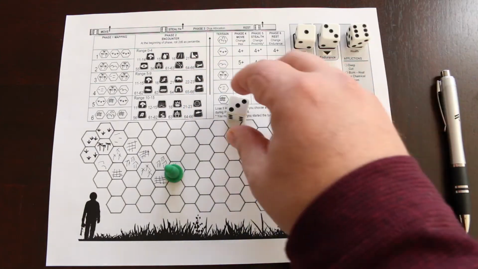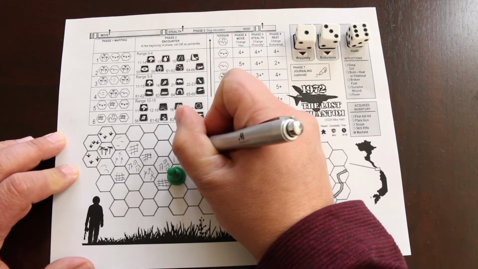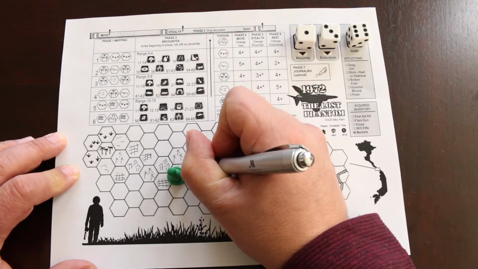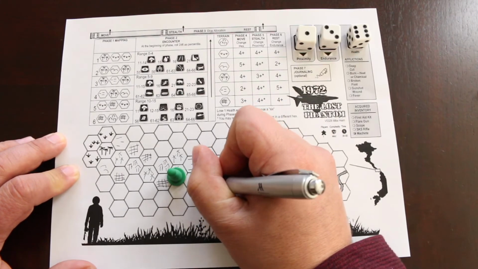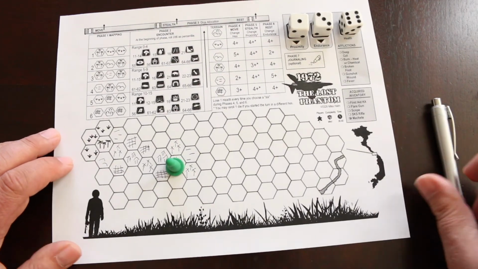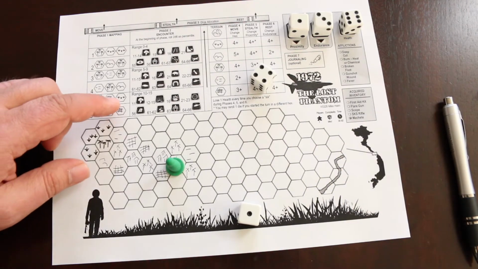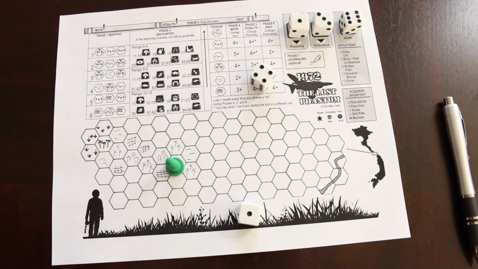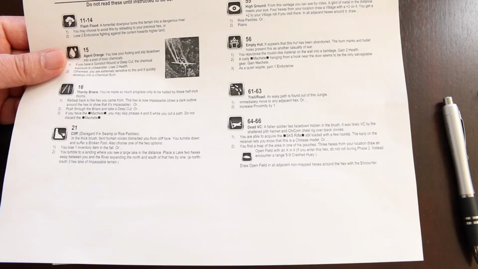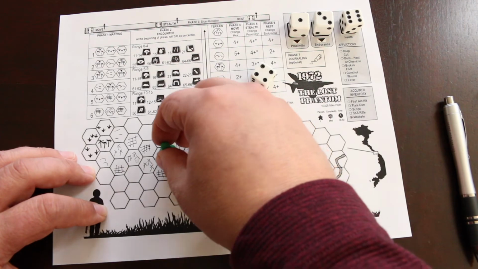Okay, so let's map. We get a 3, starting at northernmost hex. Alright, and let's do our encounters. We get a 14. Is 14 do nothing? Oh, that's going to be a bad one. Flash flood. You may choose to avoid this by retreating to your previous hex or lose 2 endurance. I can't lose 2 endurance, so I'm going to retreat